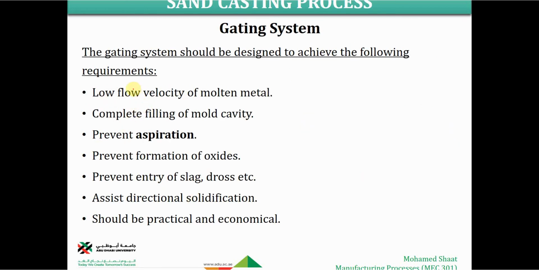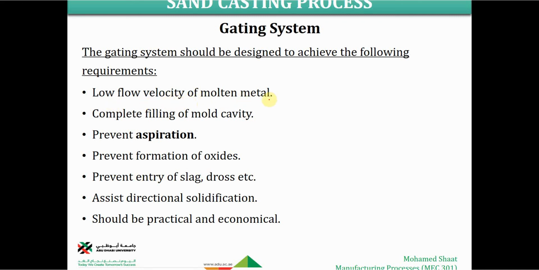But before we do so, let us look at the function of the gating system as a whole. What is the general common function of the gating system with all of these elements together, and why are we using this gating system? The gating system should be designed to achieve some requirements, and these would be considered the functions of the gating system, or the requirements that should be considered while we are designing the gating system. First of all, the gating system should allow for low flow